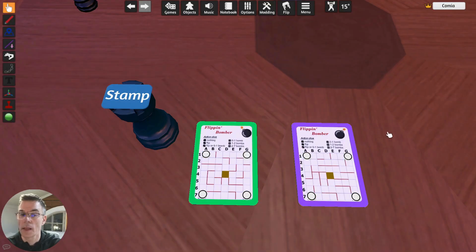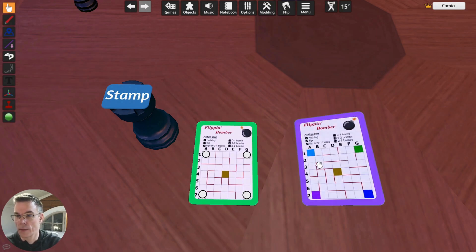Now, luckily, there is a workaround for this issue. Now you can see that here are again two cards. Now there is the front side and the back side. Actually, both these cards have their front side visible, so there are no fields on the back side.